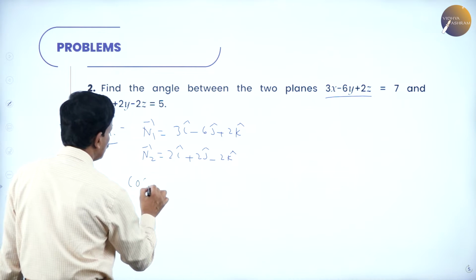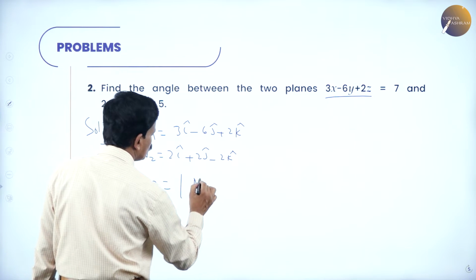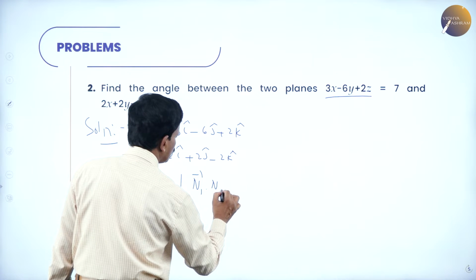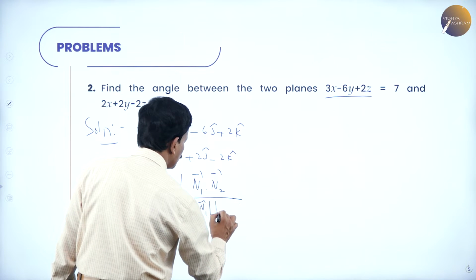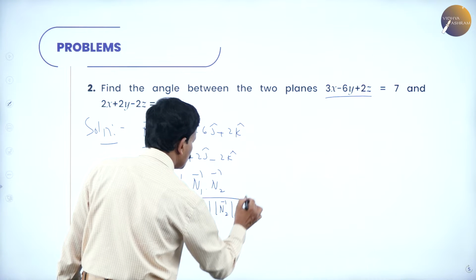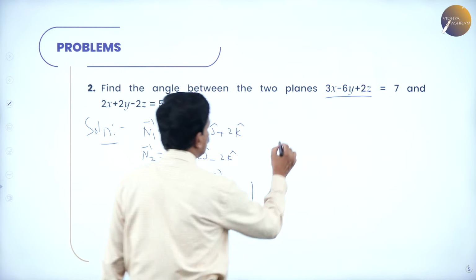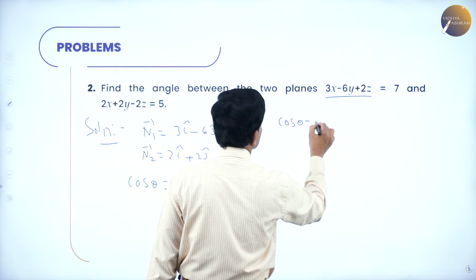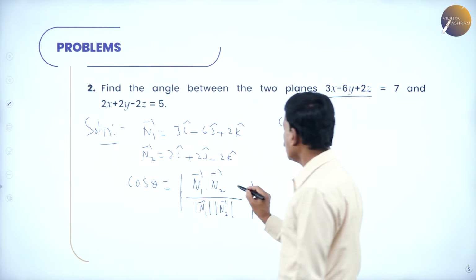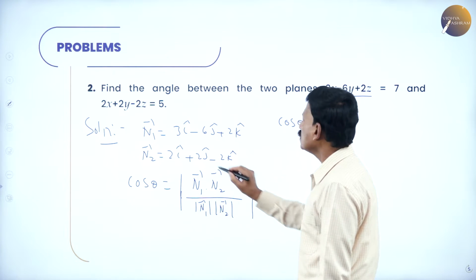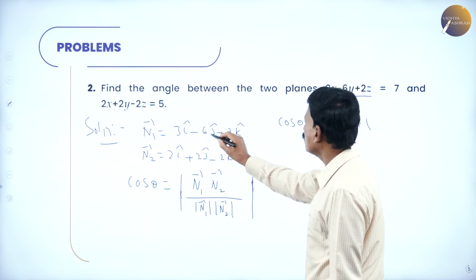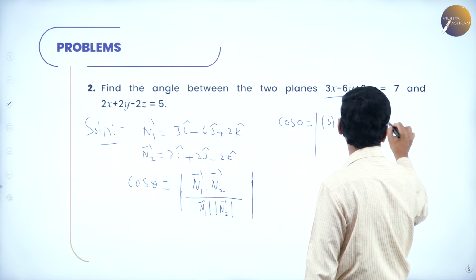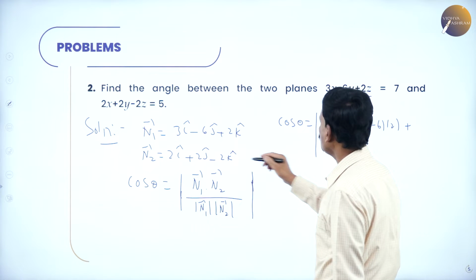The angle between them is given by cos theta equal to the mod of n1 dot n2 divided by the length of n1 into the length of n2. Simplify this: cos theta is the modulus of n1 dot n2, so this is 3 into 2 plus minus 6 into 2 plus 2 into minus 2,